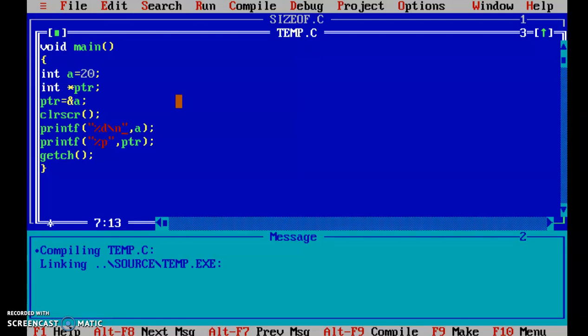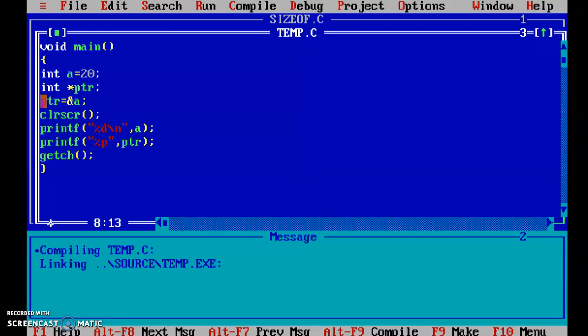this was simple pointer where I have stored the address. Now if I want to print directly value which is stored into A with the help of PTR, with the help of pointer, because what pointer is doing?